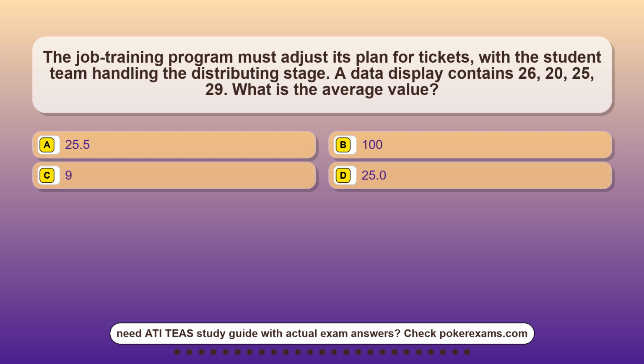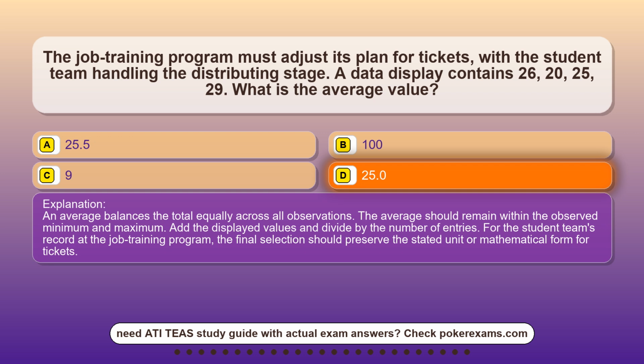Option A, 25.5. Option B, 100. Option C, 9. Option D, 25.0. The correct answer is option D, 25.0. An average balances the total equally across all observations. The average should remain within the observed minimum and maximum. Add the displayed values and divide by the number of entries. For the student team's record at the job-training program, the final selection should preserve the stated unit or mathematical form